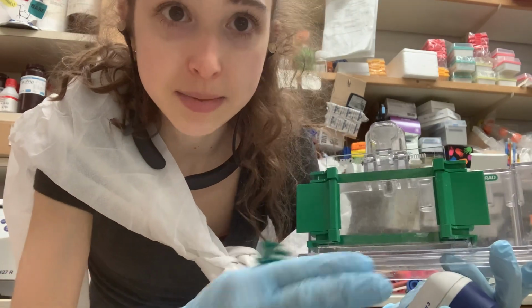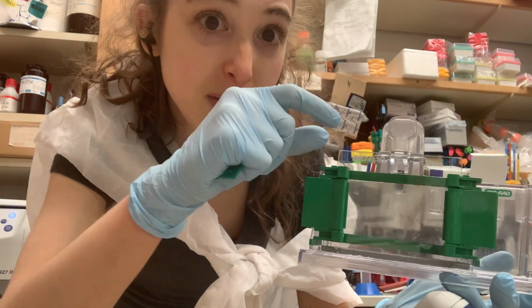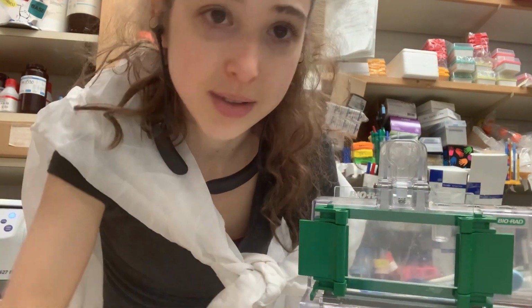For some types of gels you don't use that, like for urea page we don't do a stacking gel. But then you have to be really careful that you pipette only at the very bottom, really carefully. But anyway,